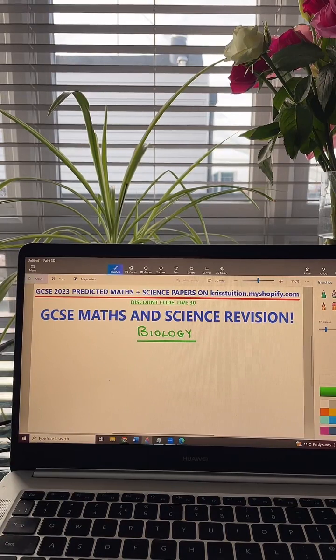What topic in biology? We're going to continue with communicable diseases. So earlier we started talking about the different types of pathogens: viruses, bacteria, protists and fungi. We looked at their properties, how they cause disease. And we also looked at viruses in more detail. So we looked at the different examples. And now we're going to do the next one. So we're going to look at bacteria. And we're going to talk about what type of bacterial diseases we need to know about and some details about those as well and how they actually cause disease. Okay, we'll look at the symptoms, how it's spread, treatment, prevention, and so on.